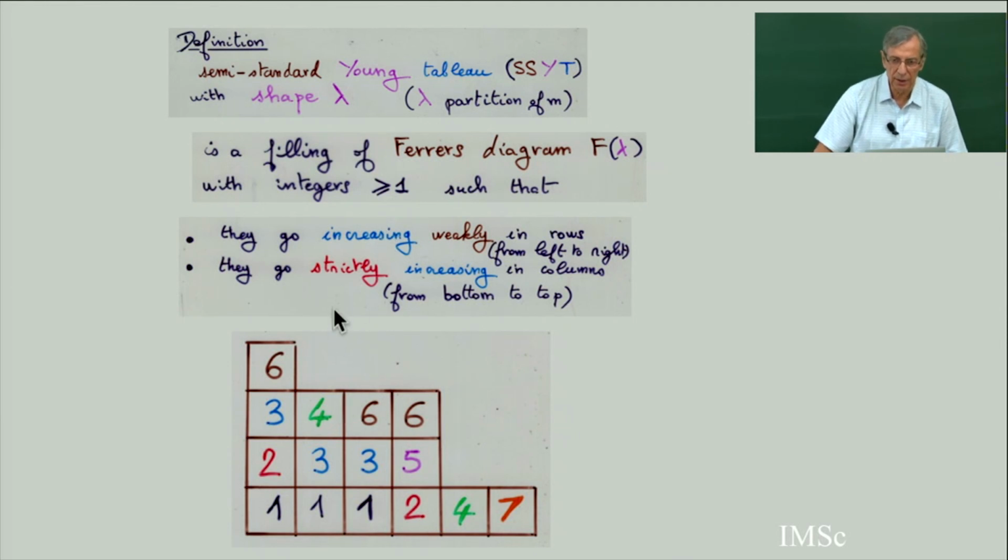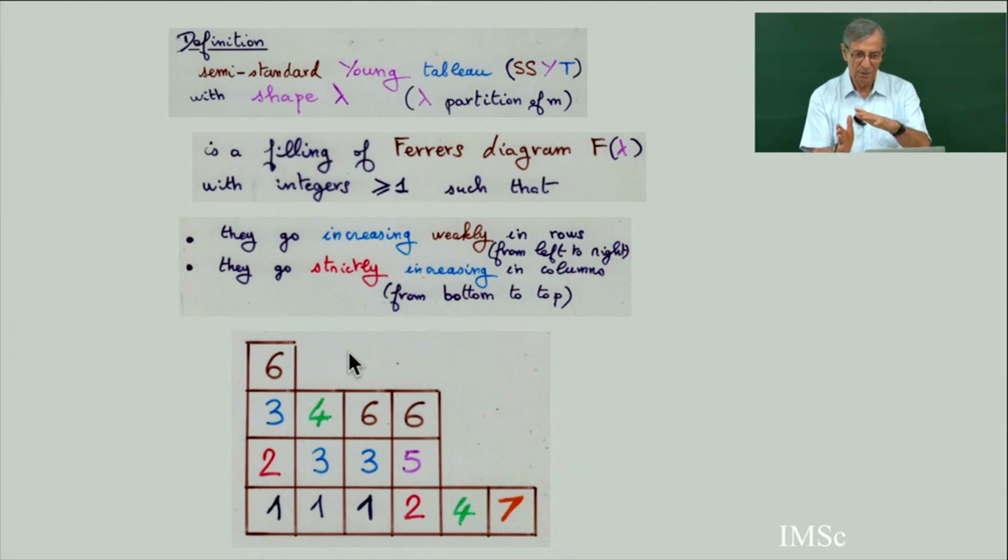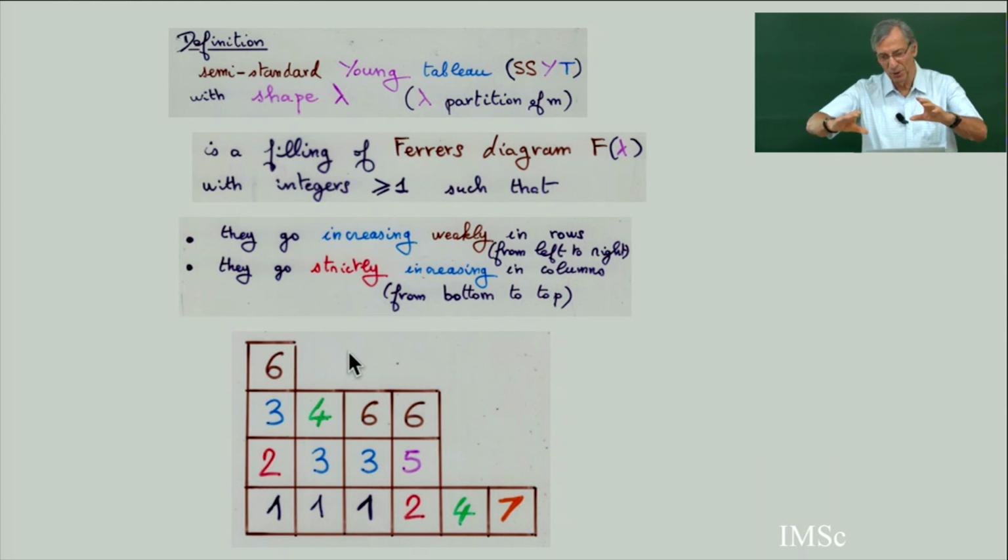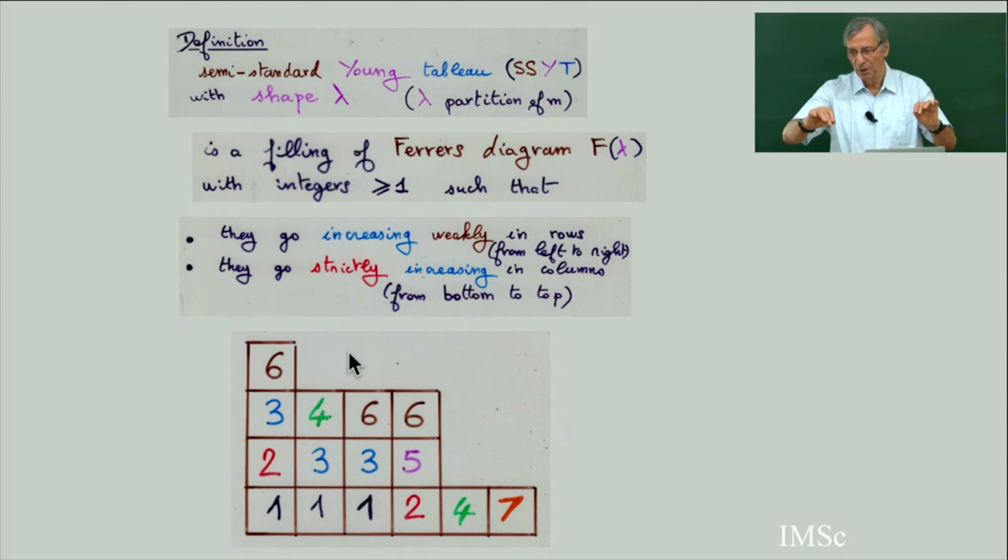and they go increasing in columns from bottom to top. So they go weakly increasing in rows and strictly increasing in columns. So this is a very classical semi-standard Young tableau. And I have to give a proof that if I take any matrix, this process of changing the matrix into a permutation and then reducing in each row and column to the equal value, and I get a pair of two tableaux, I have to prove that this is a semi-standard Young tableau.